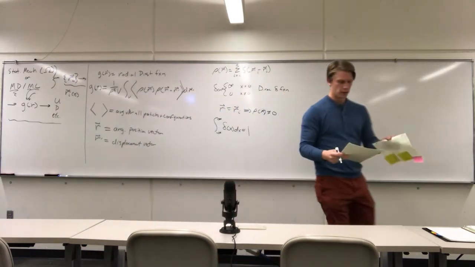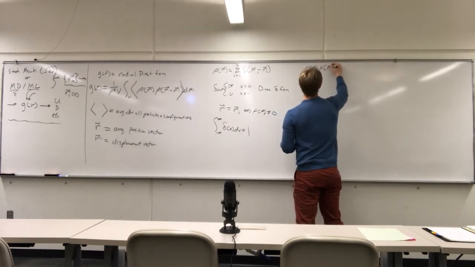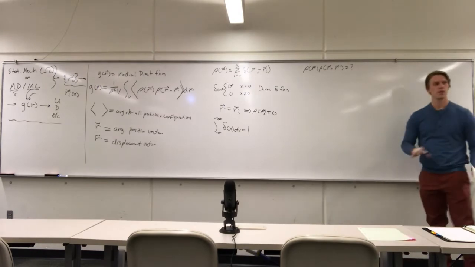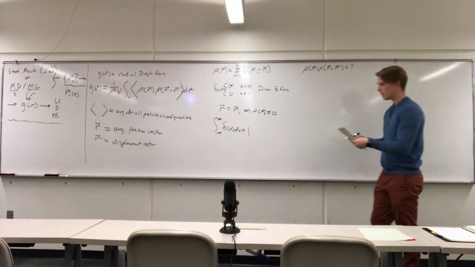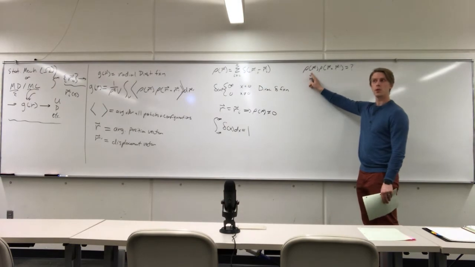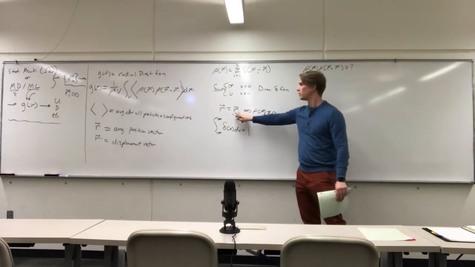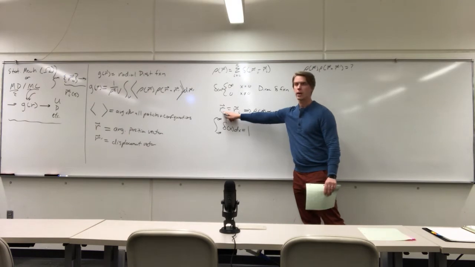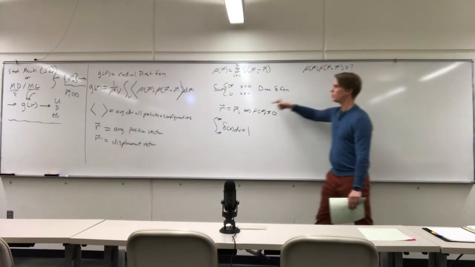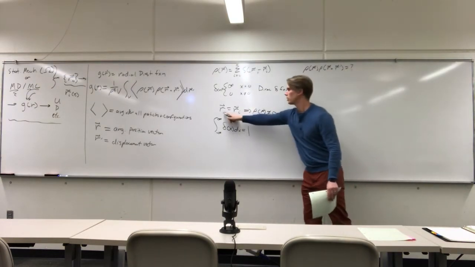Okay, so what is the radial distribution function trying to tell us? Basically, what does this mean? What does this abstract mathematics tell us about what's actually going on in the system? What this is saying is that this function is going to be equal to 0 unless a particle, in this case particle I, is located at the same position as your vector. Okay? So this is only going to be equal to 1 if, well, in this case it's actually equal to infinity, but we're integrating it out. This is only going to be finite,